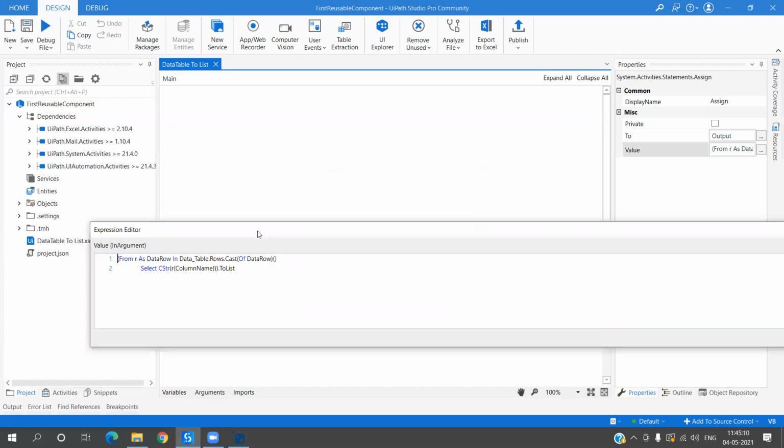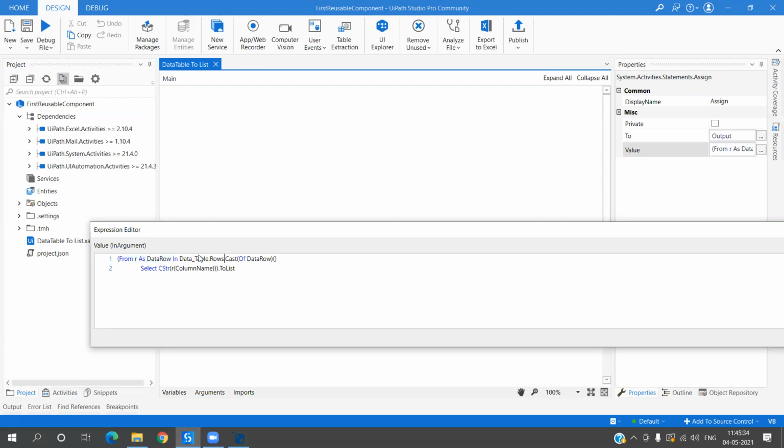If you can see over here, from r as DataRow. So for each row in that particular data table, that is DataTable.Rows.Cast. I'm treating each row as my r, right?